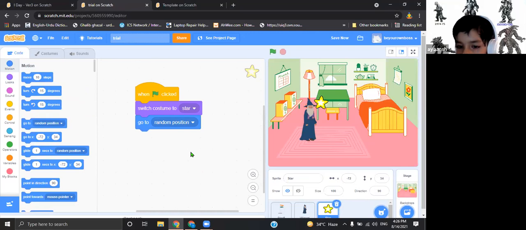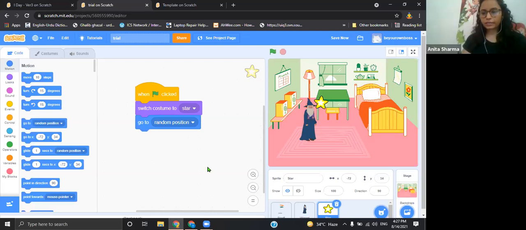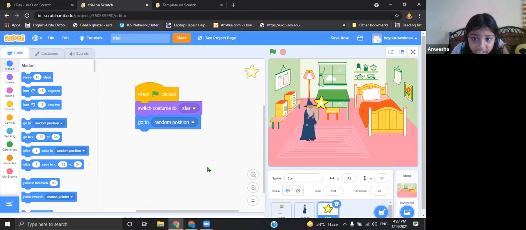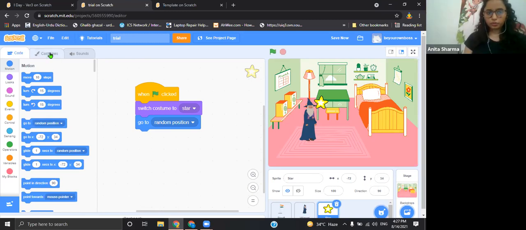Ma'am, and the wizard in left and right, what should we do? Okay, so let's focus here for the start. I am taking the starfish. It is not becoming small. What you can do, you can go to costume.